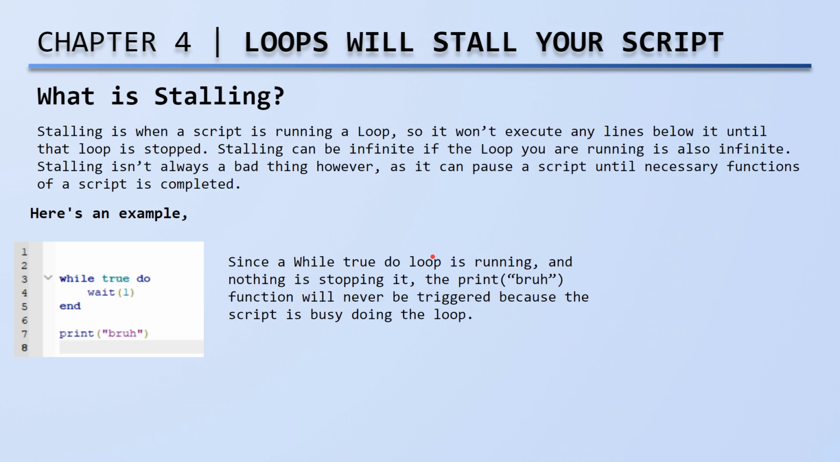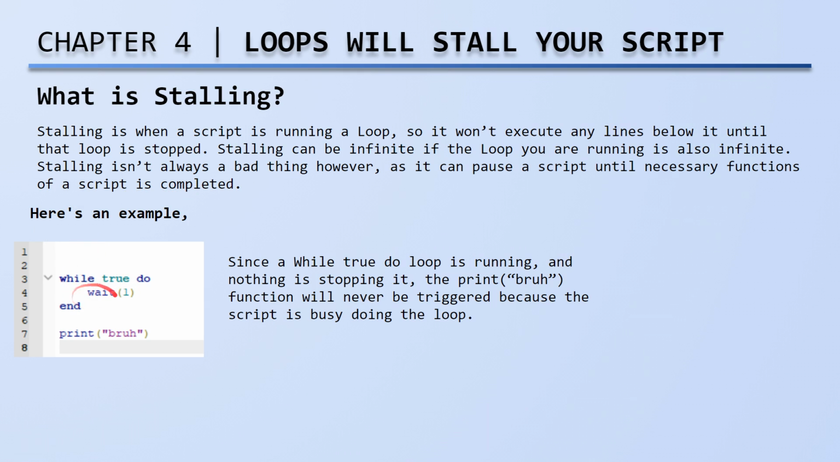And then we have stalling. Okay, so loops can also stall your script. So what is stalling? Stalling is when a script is running a loop, so it won't execute any lines below it until that loop is stopped. Stalling can be infinite if the loop you are running is also infinite. Right. Stalling isn't always a bad thing, however, as it can pause the script until necessary functions of the script are completed. Now we'll go over how this can be more useful later on. Okay, but for now, just know that